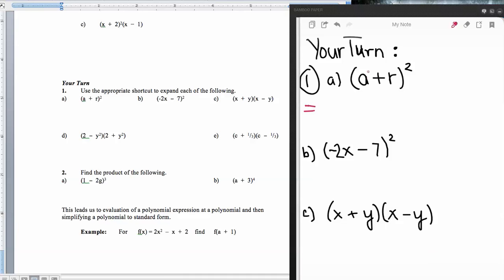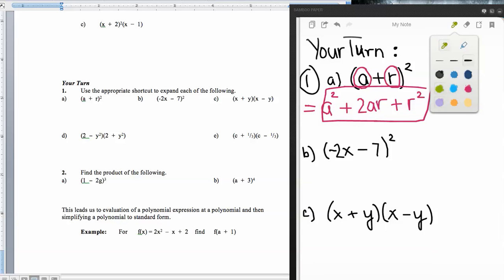So what I see is a binomial squared. I have my first term here, squared, a squared. And then my second term here, first times my second times 2. So plus 2 times a times r, and then plus my second term squared, so r squared, and that's my answer. Next we have a little bit more difficult problem,